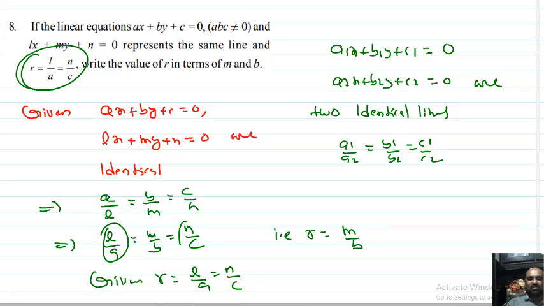Students, this equal to this equal, R means what happened? This should be equal to R only, no? So what do you want? R value in terms of M and B. Now you got R value in terms of M. This is the R value, no? R equal to M by B. Okay. Next